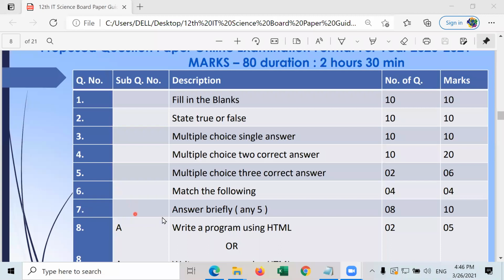For question number 7, you have to write the answer as close as given in your textbook. But in case you do not remember the exact words or exact sentences, you can write that answer in your own words. But try to type those answers as close as given in your textbook.